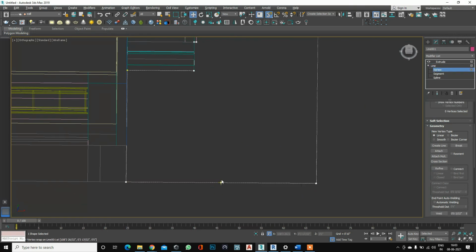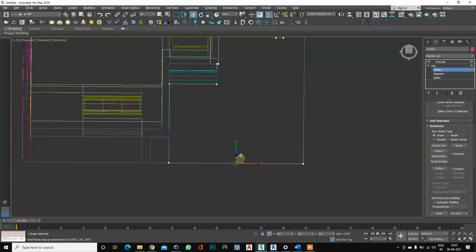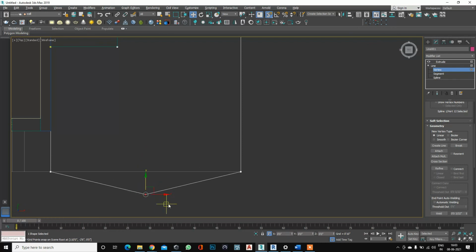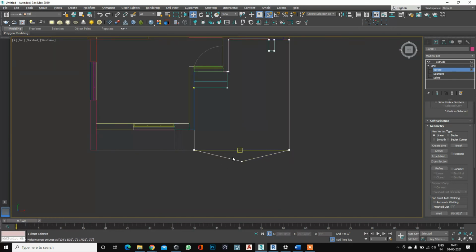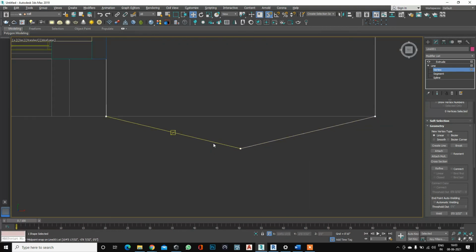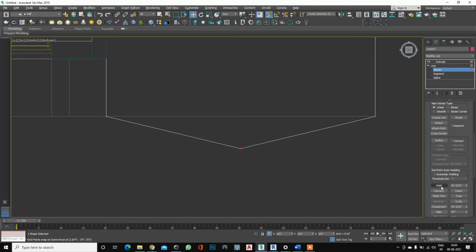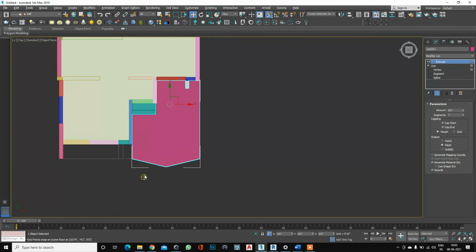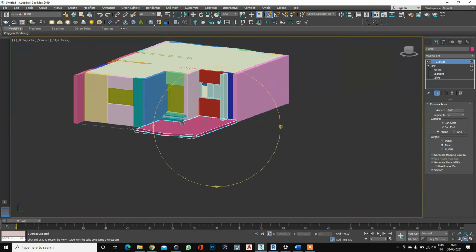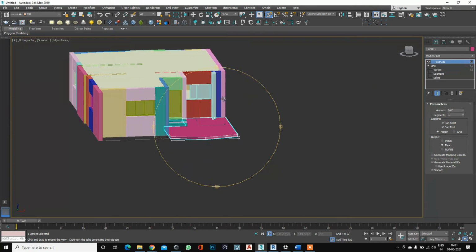Now if you want to do some edit, you can select the vertex, firstly go to the top view and you can also edit it. Now whenever you add any vertex you need to weld, otherwise it will not be created. So just select one vertex, then press Ctrl A and then go to weld, then just hit enter and our parameter is changed. So this is our basic modification tool.